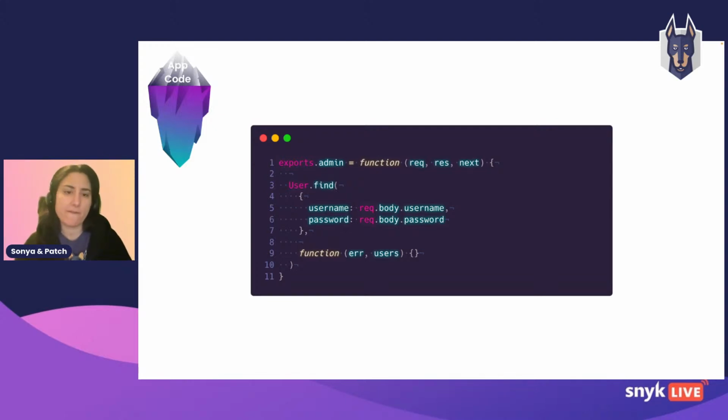Here we have a function signature of an Express application with a function that has a request, a response, and a next callback. It's doing a call to the user table or collection, which means that on the backend, behind the scenes, there's a database. And it's trying to do a login, looking for the username and password. So what can go wrong here? What are the vulnerabilities here? Here we have a perfect example of a database injection, and in that case, more specifically, a NoSQL injection.